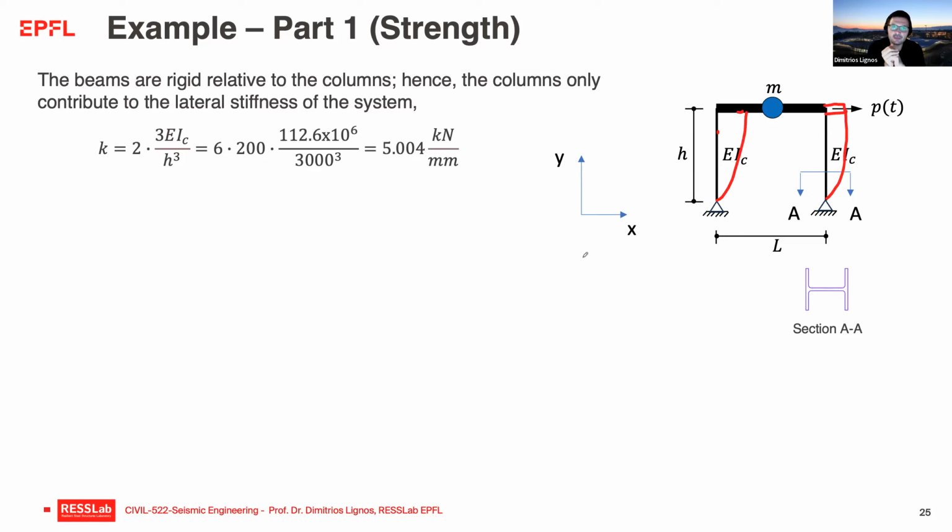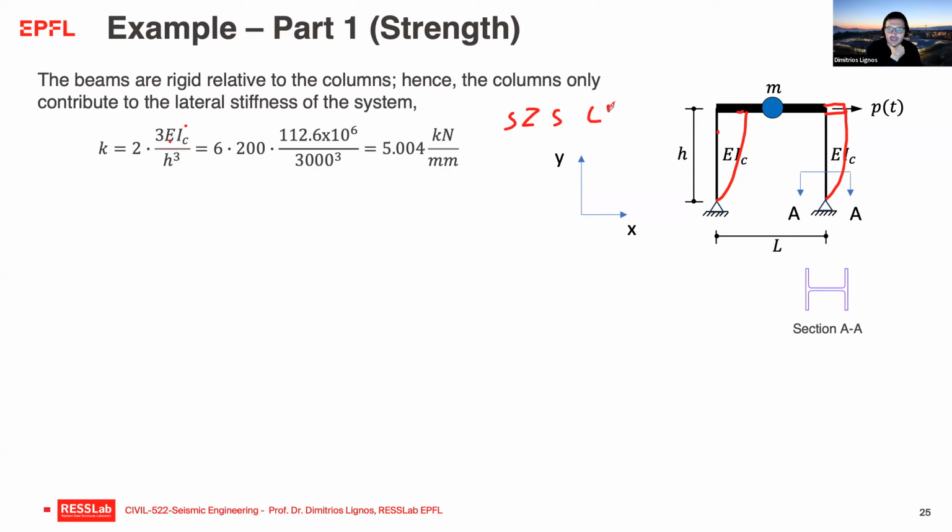And that means that the columns will be the only elements that will contribute to lateral stiffness. So the corresponding stiffness is going to be 2 times the flexural stiffness of my cantilever. So in this case, it will be 2 times 3EI of the column divided by h to the power of 3. And of course, all the quantities here are known because the Young's modulus is 200 gigapascal for structural steel. The moment of inertia here is the moment of inertia that I am getting for an HEB 240 by using the AISC